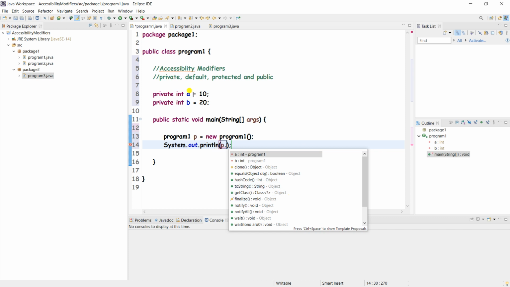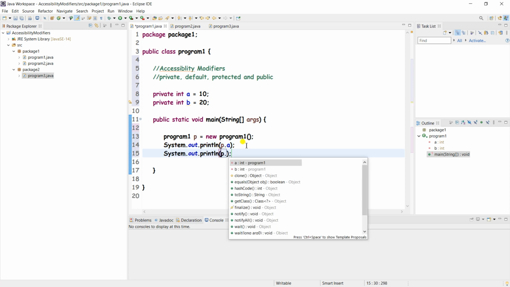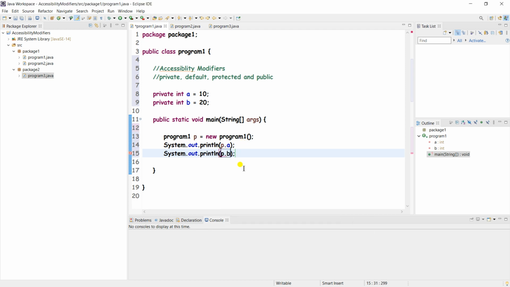So if this variable is accessed, or any method you have to access, then you will get some suggestions here, right? So here we are having a and b variables, okay. So we can access this variable in this class, right? So I will take another sysout statement p dot, here we are having b, right?